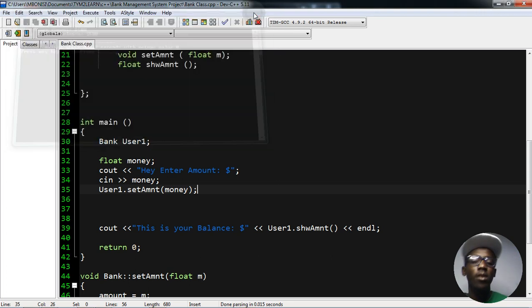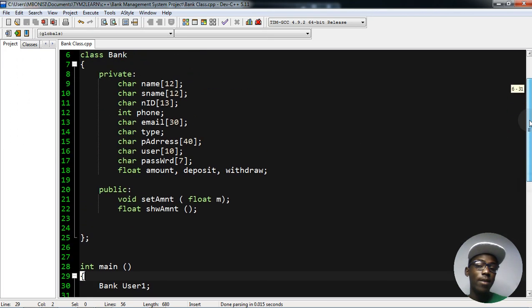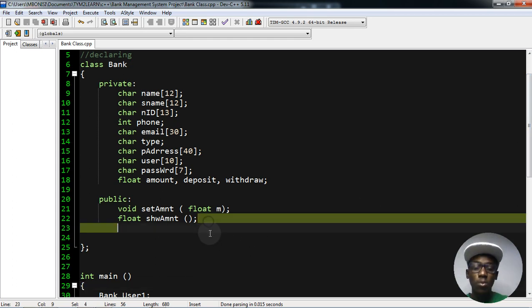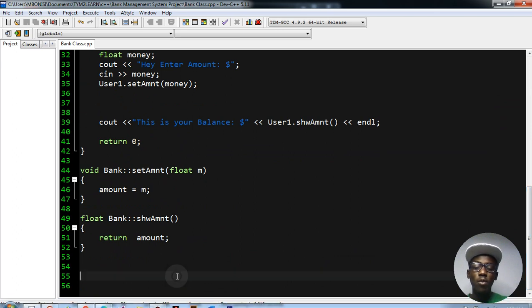So guys, as you can see, this is how we create a class which will store bank account details using C++. But these tutorials will continue because we are aiming to build what we call a banking management system using C++. So you'll find out in the following videos as we go step by step. We're going to be adding a lot of information below here, but what we're going to attend to next time might be something